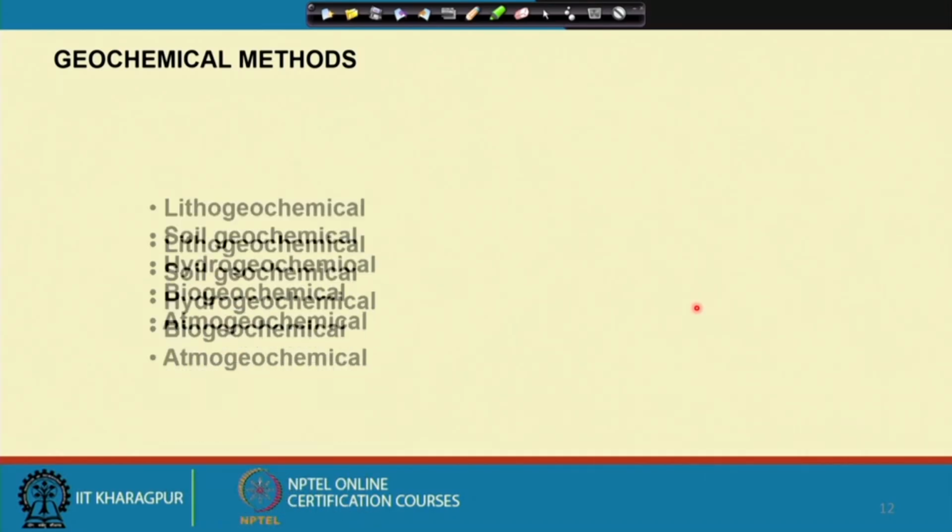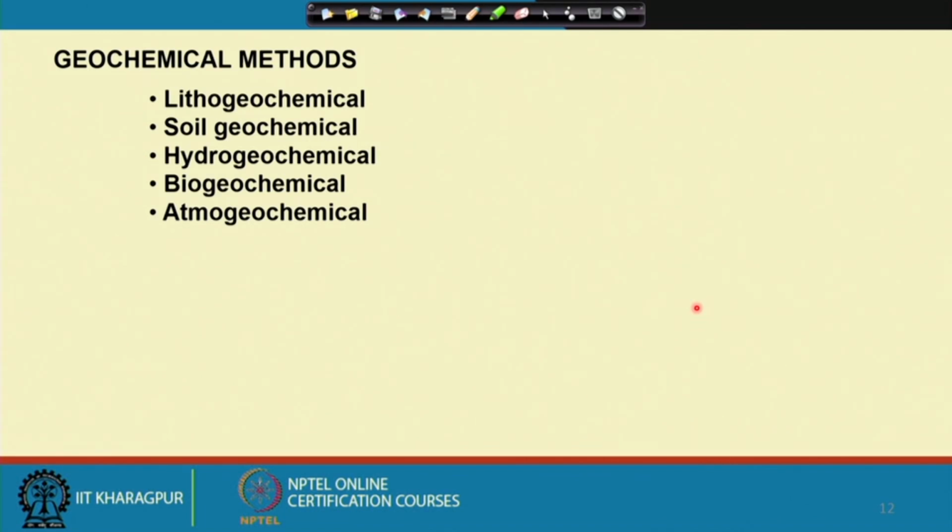And the geochemical anomaly, as we discussed, could be of various nature and dimension and magnitude, coming as signatures of hidden mineral deposits below the surface, and they need to be very carefully interpreted, and there are lots of intricacies involved, which we discussed a little bit. And the geochemical methods that we use can be broadly the lithogeochemical, when we take the samples of the rocks which are exposed on the surface, and when we suspect that there is some mineral deposit which is present below